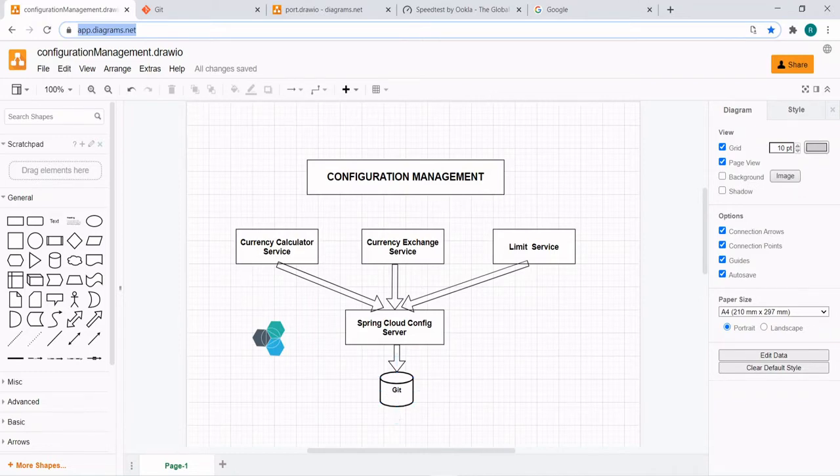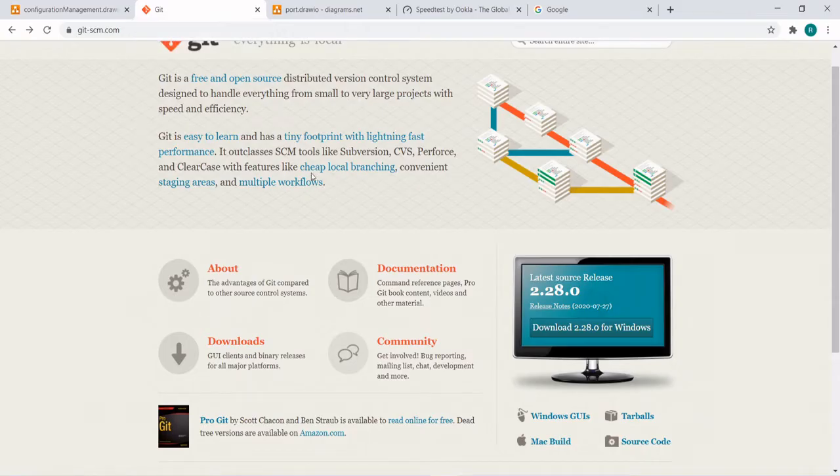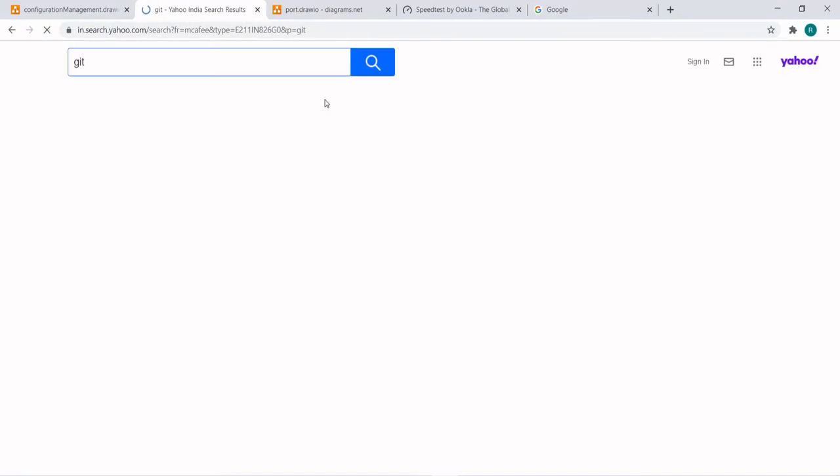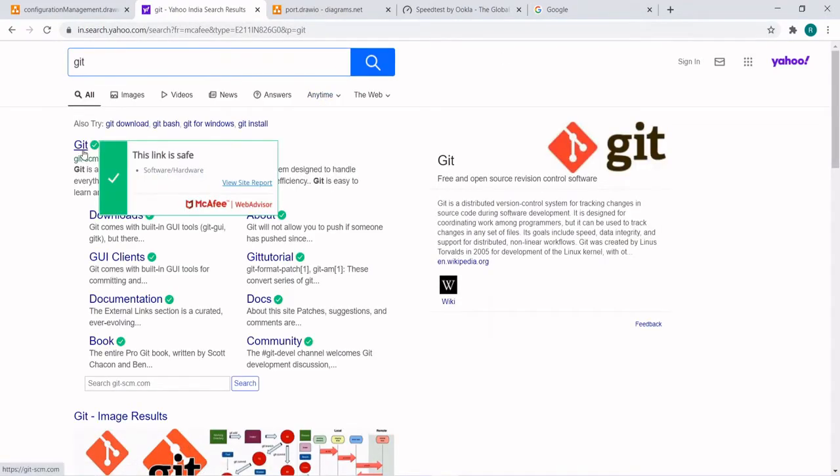So how do we do that? First, you need to install Git. Just type Git here and go there.